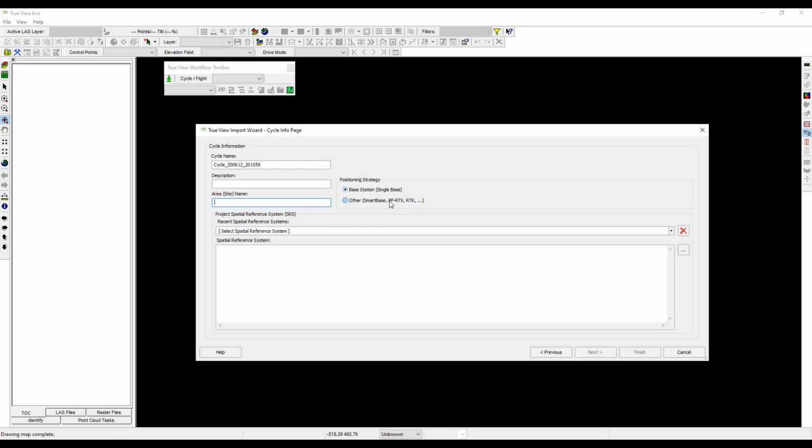Positioning strategy over here. If you plan on using your base station, you'll of course be clicking that option. If you're planning on using Smart Base or PPRTX, make sure you click that. What I'll now be doing is selecting our spatial reference system,